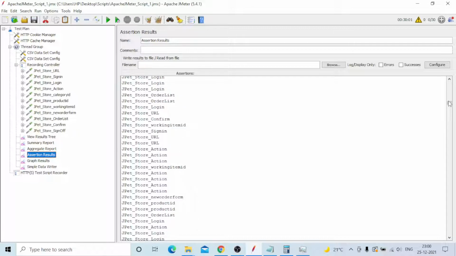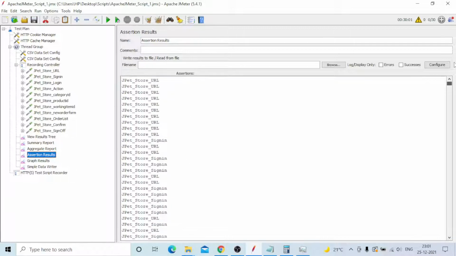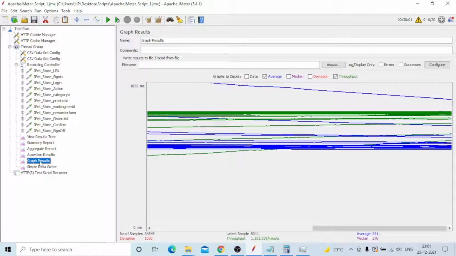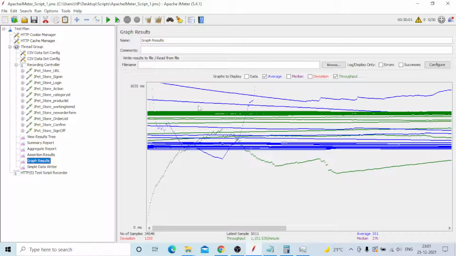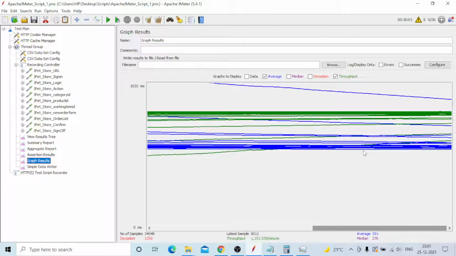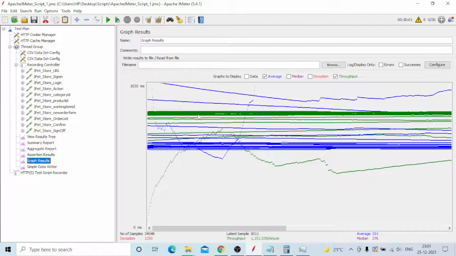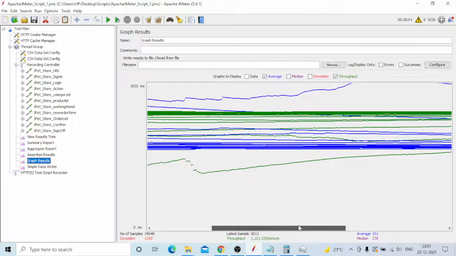Something like 1 or 2 errors may appear, but I already showed those errors during the test execution as well. I did not design the proper test, which is the only reason the graphs move this way, almost straight. You can see throughput and average response time going down in almost the same pattern.